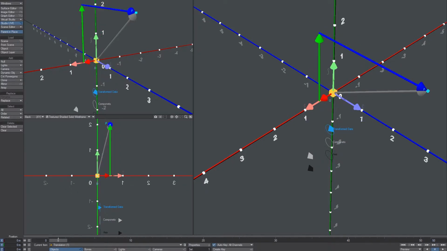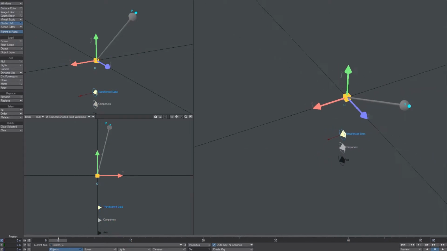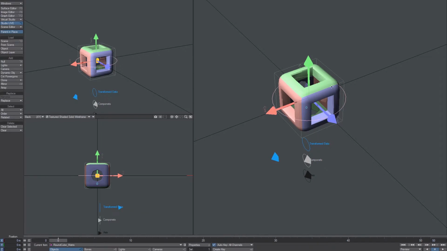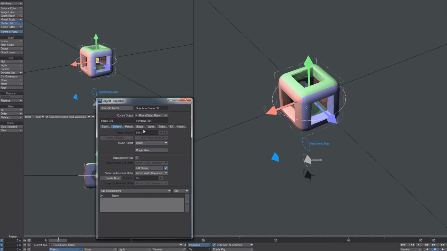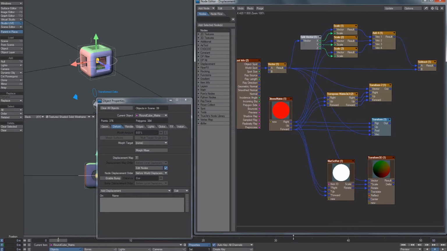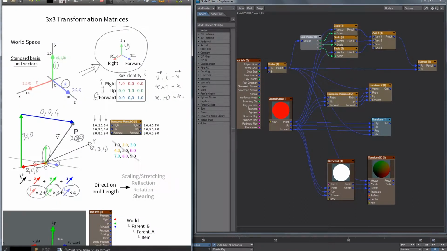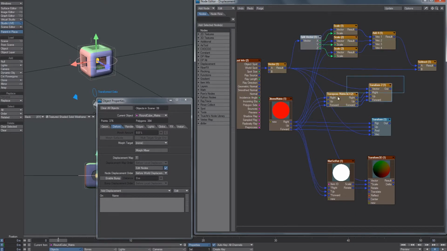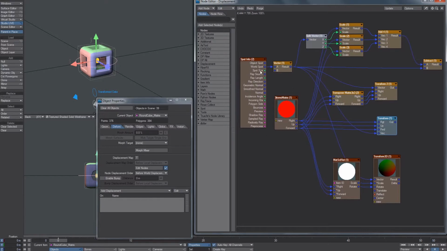Let's see. So I'm going to turn this off, and I'm going to switch to another object. I have this little cube here, and I'm going into its displacement node editor. So edit nodes, and here basically what I'm going to look at is the procedures that are required. How can we transform a position with a matrix and with the nodes? And so there's 3 ways that I've laid out in here, and they are all transforming the same position vectors, the world spot, so the point positions of this mesh, by this